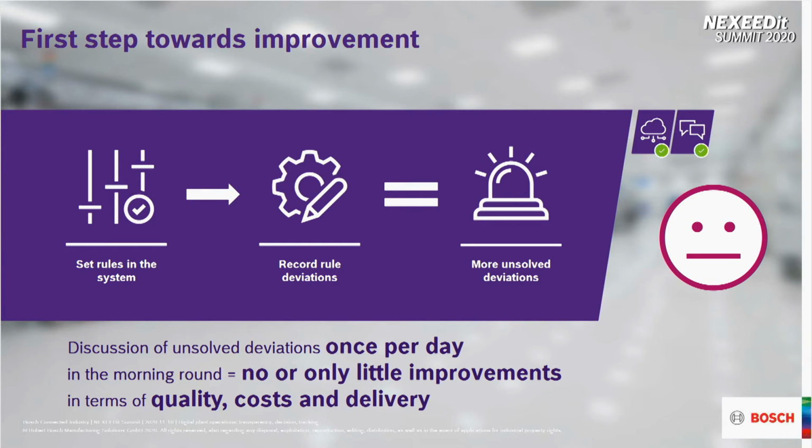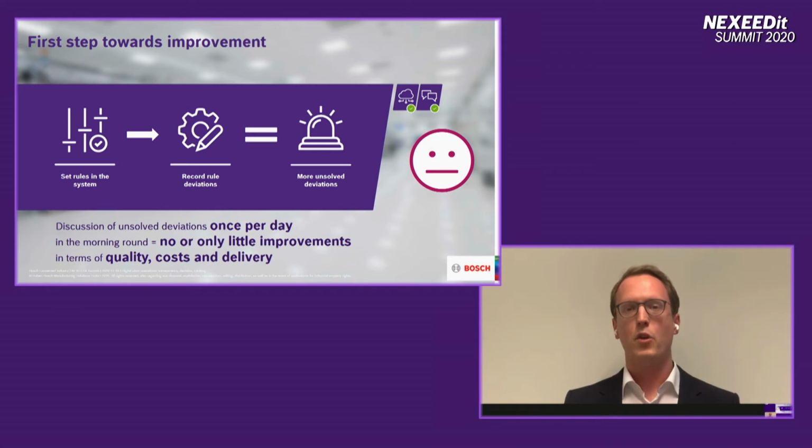The first step is that you define rules in the platform. Those rules are then applied permanently on the incoming data stream. Once those rules are violated, deviations come up. So where do these rules actually come from? You get those rules from the people you have in the plant. Quality people, logistics people, maintenance people, the people who know best how your plant is working.